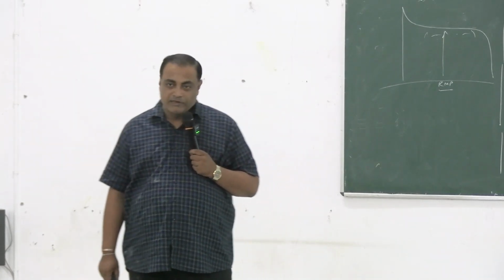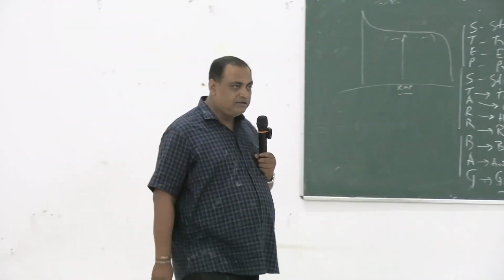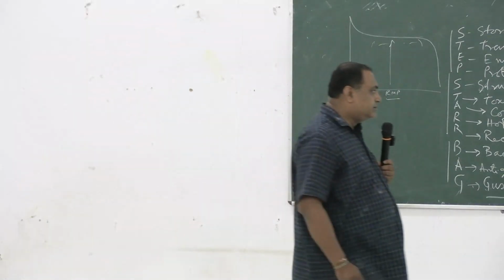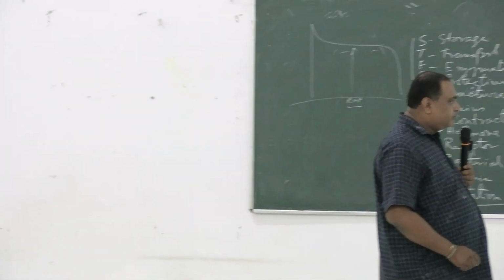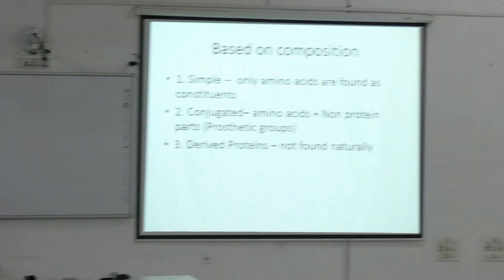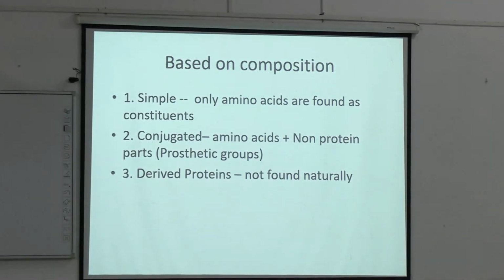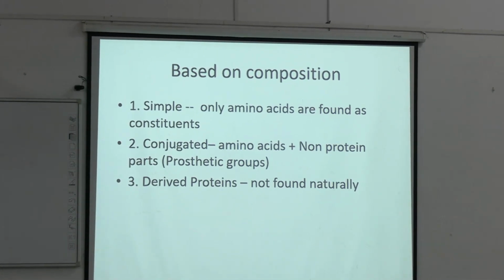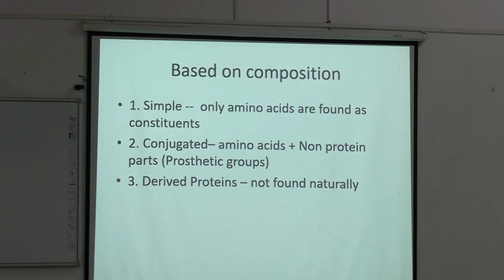Right? All these are compound proteins. So compound proteins have a prosthetic group. Derived proteins. These are not found naturally, but they are produced during the process of digestion. Incomplete digestion of naturally occurring proteins produces derived proteins. Example,